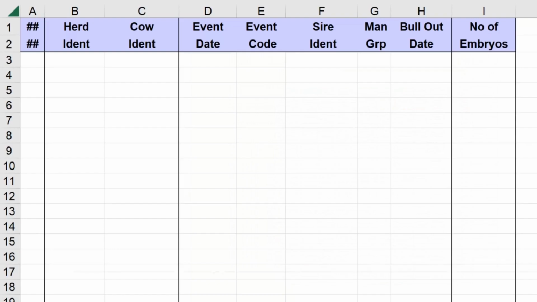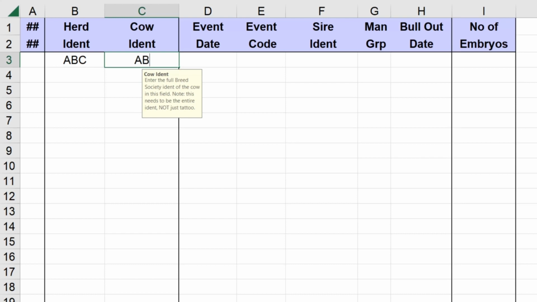To enter your ET program details, first enter your herd ident into column B of the top row. You should only need to do this once, as your herd ident should autofill with subsequent records. In this example, we are using herd ident ABC. Now move across to column C, where you can enter the cow ident.